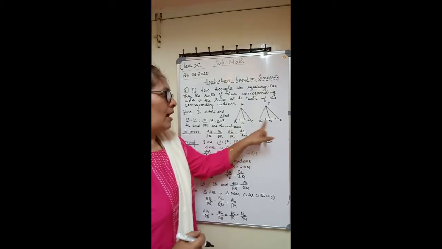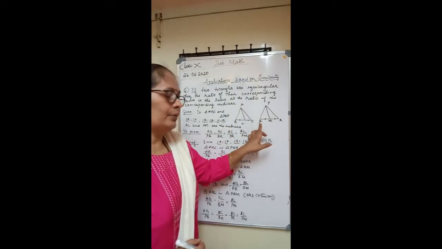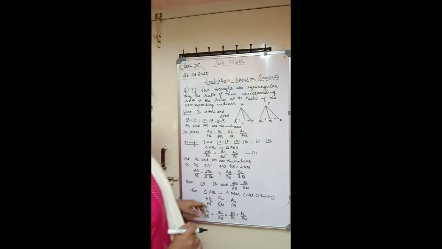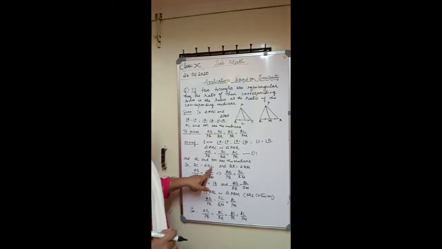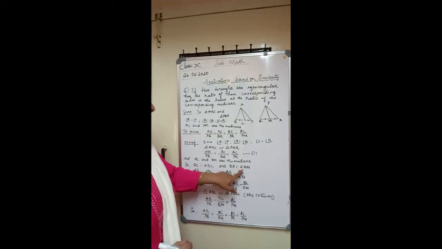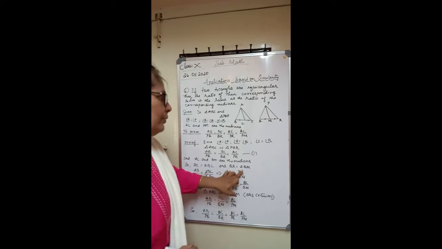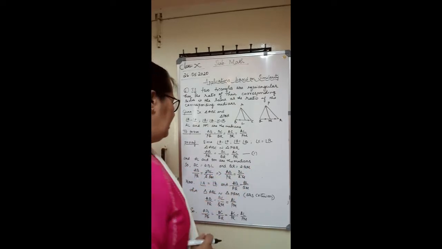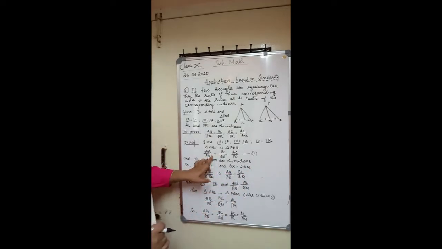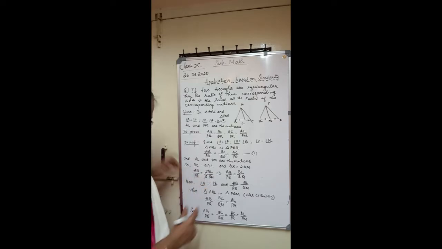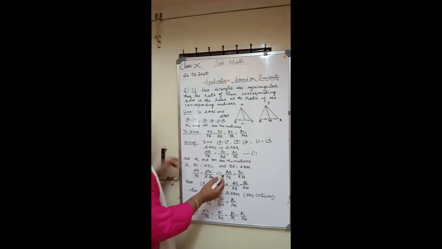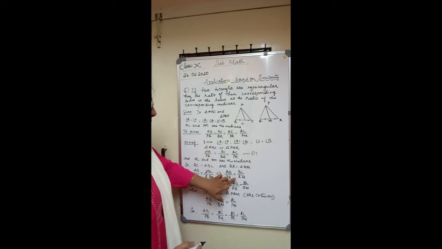And QR is equal to 2QM. So, BC equals 2BL and QR you can write as 2QM. Okay, now write the ratios. AB by PQ equals BC by QR. So BC by QR you can write as 2BL by 2QM. The 2 gets cancelled. So AB by PQ equals BL by QM.